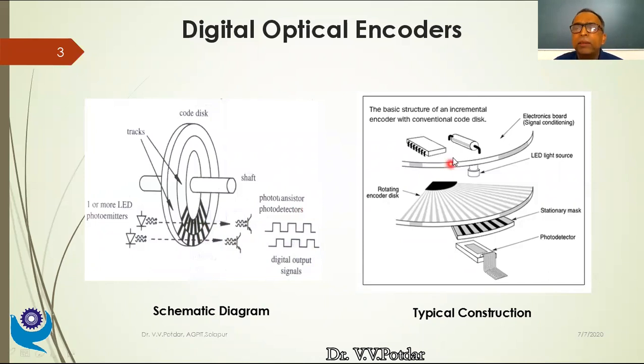And in this figure it is a more detailed description. This is the exact position, whatever IC I am using, some resistor is shown here. These are the signal conditioning devices. Now, this photo detector, when the light passes through, this is the rotating encoder disc, then the light passes through the track, and through the stationary mask, it falls on the photo detector. A pulse is generated, and that pulse will be processed through my signal conditioning device, and that digital signal will be utilized for display of my angular position. This is the construction.